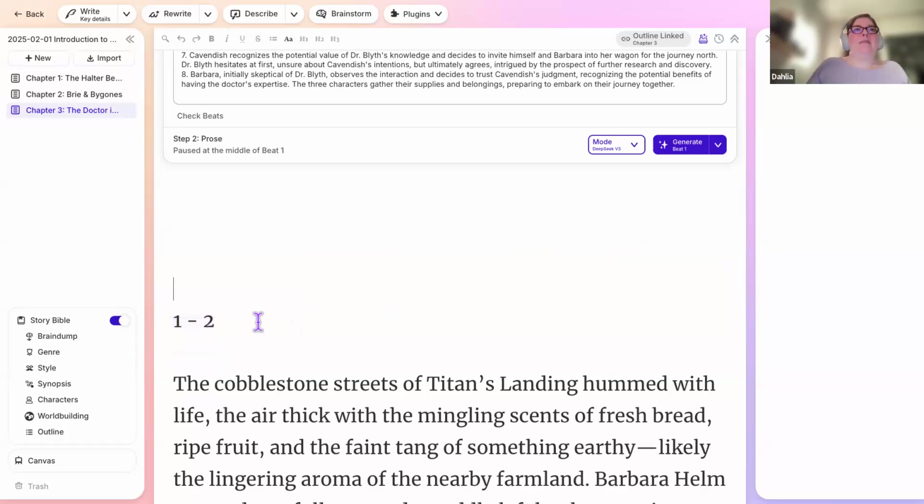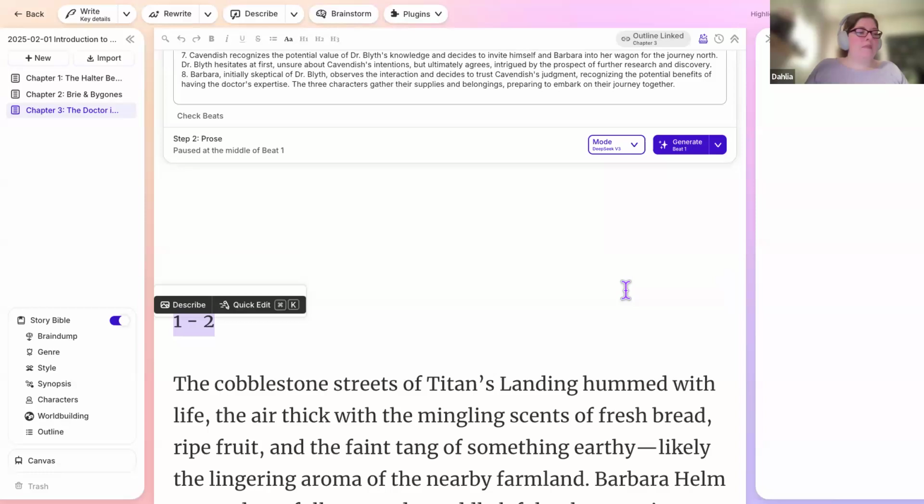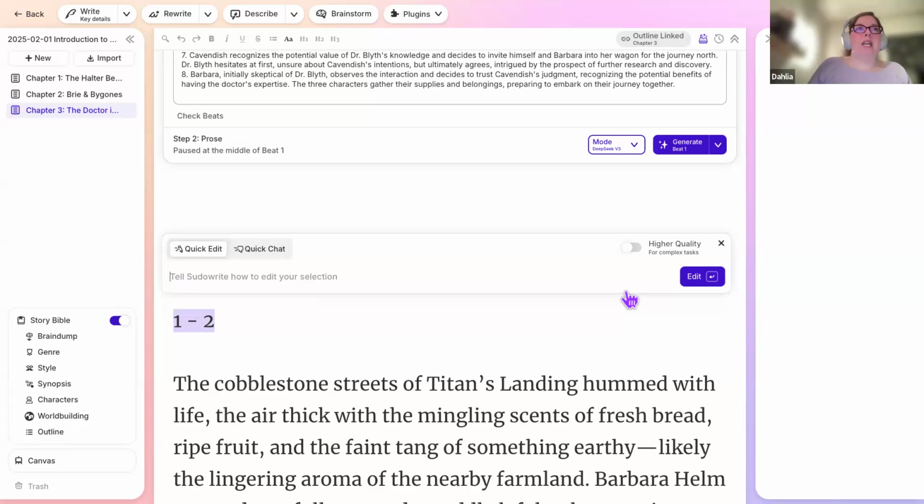which you can access either by clicking on this little button in the selection menu when you have something highlighted, or you can also access this with the shortcut either Command K on Mac or Control K on PC. Then it also would just pop up. And here you can, as this little prompt already tells you, just tell Sudowrite how you want to edit a selection, or you can go and quick